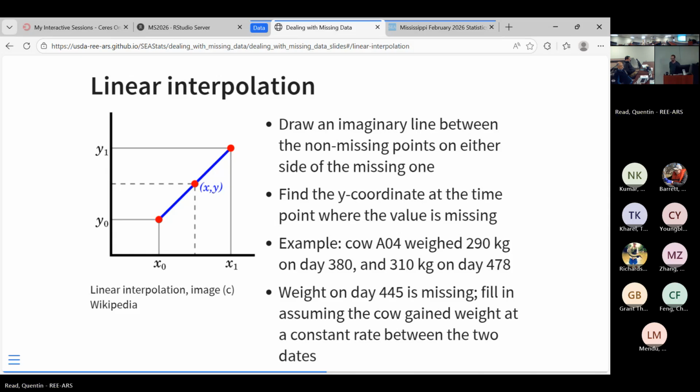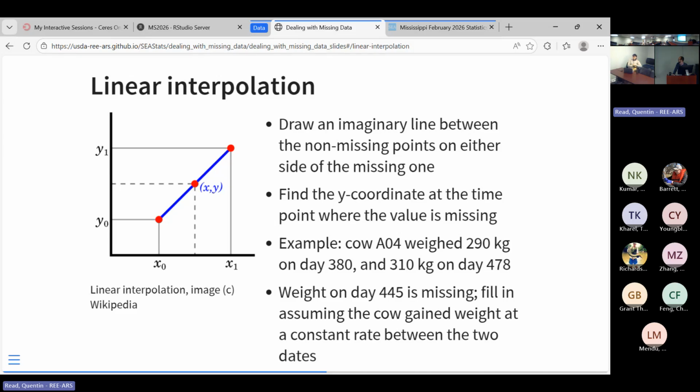We're making the assumption that the weight gain is linear, which it may not be, but making that assumption, we'll just draw a straight line between the non-missing points on either side and then, using the equation for the slope and intercept of that line,